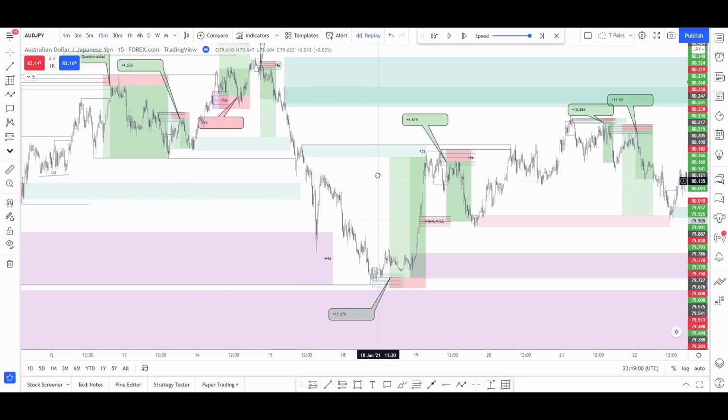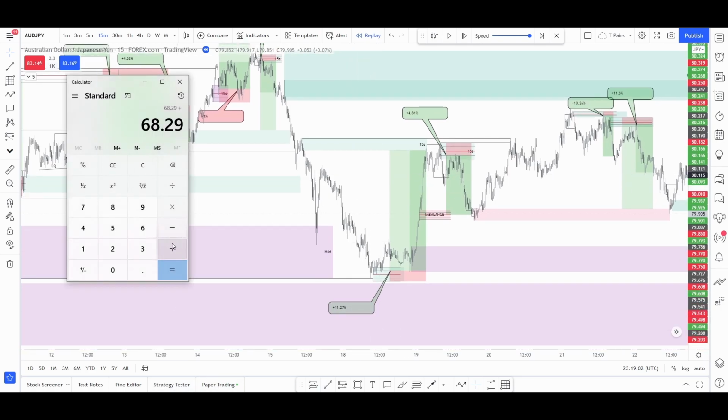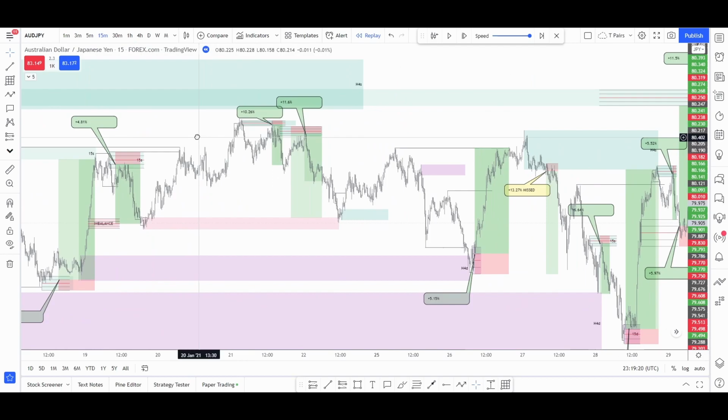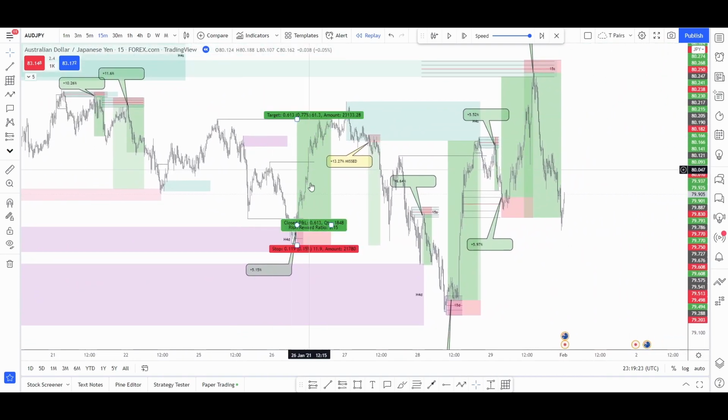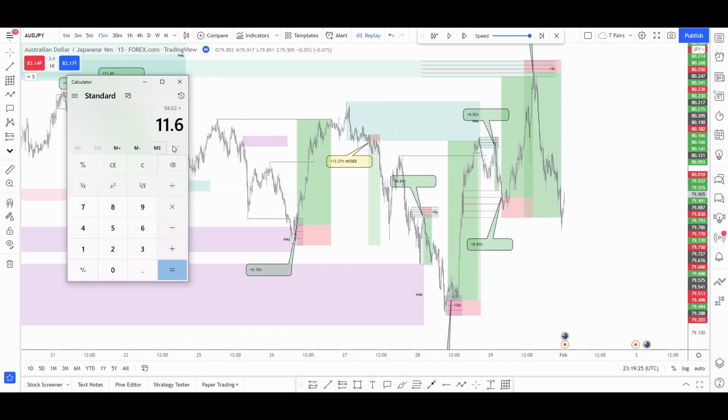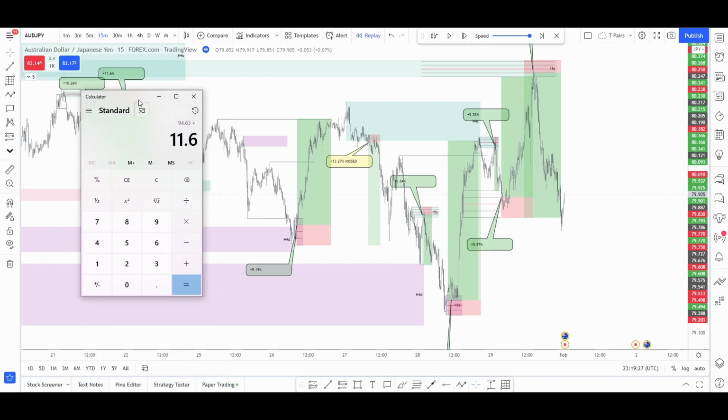Plus, oh my god, I've forgotten. 11.27. 11.27 plus 4.81 plus 10.26 plus 11.6. Did we take any more? Oh yeah, we took a few. Right, you can tell that it's late. I'm forgetting what I've done. Plus 5.15. And then we missed that one, which is annoying, so we're going to keep that out of the results,